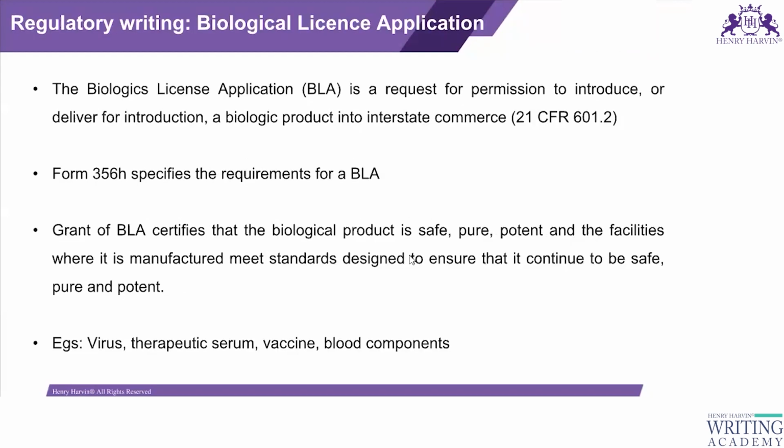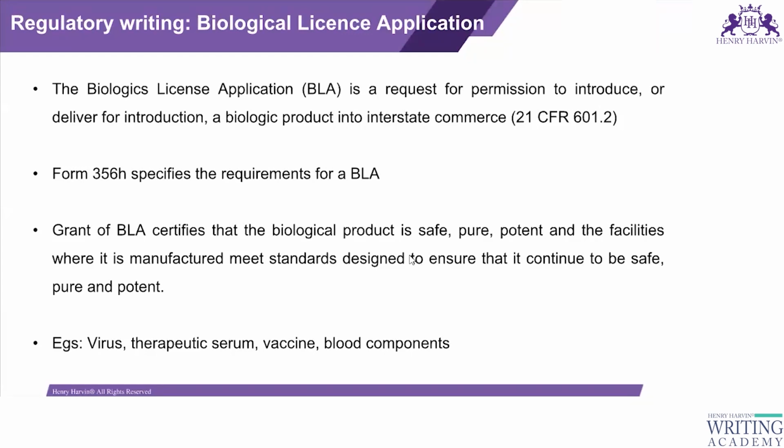The next is BLA. BLA is biological licensing application. So the biological license application is a request for permission to introduce or deliver for introduction a biological product into interstate commerce. Okay, the form which is required here is 356H. The grant of a biological licensing application certifies that the biological product which is used is safe, pure, and potent,